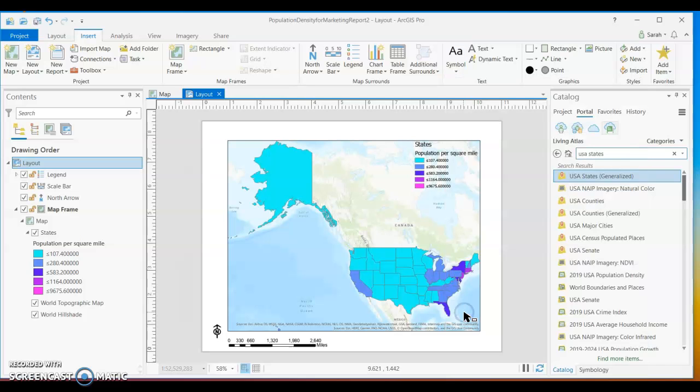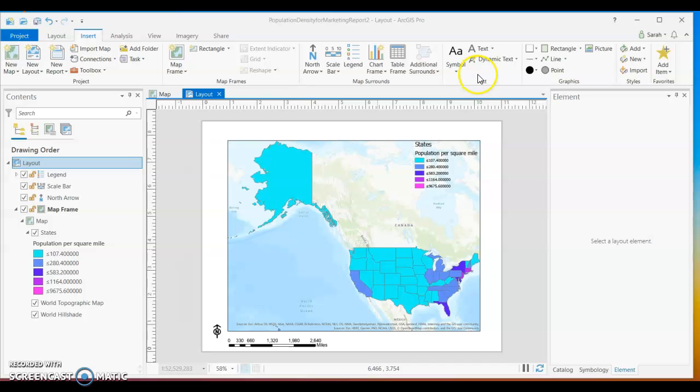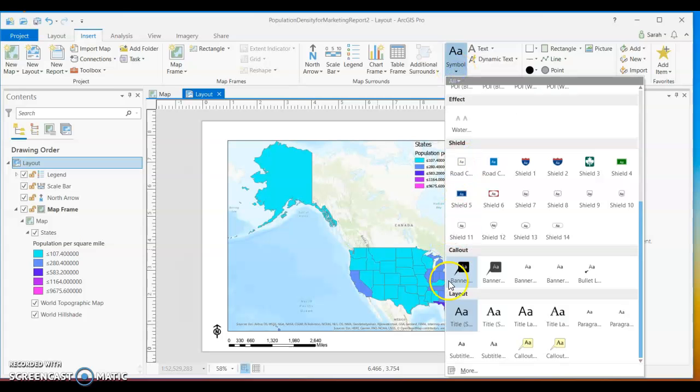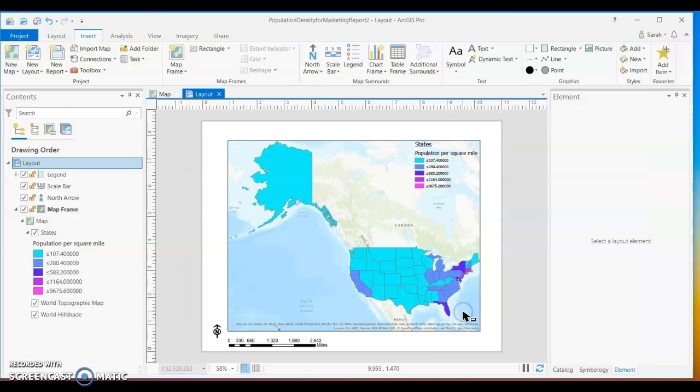But we're going to click on it, and what we'll do now is go to our map and open up a text box. Okay, back to it. Sorry for that little pause again. For some reason I was having more difficulty with this, but here we go. Symbol, select the title large sans serif, and